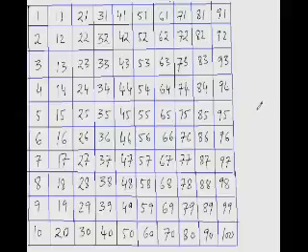Like from 89, if I have to jump 3 tens down, then obviously the answer would be 59, because 8 minus 3 is 5. So from 89, if I jump down 10 three times, it would be 59. So you can do it directly. Even if you just count it like this, 79, 69, 59, it's hardly going to take you any time, whichever way you prefer. But this technique will work every time.